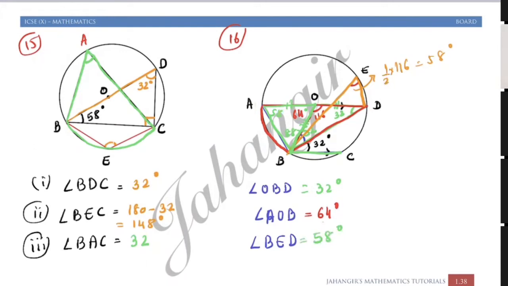This question was quite complicated because there are many lines. Sir, what about the angle sum property in triangle ABD? No, I am taking triangle AOB. In ADB you can take 90 and 32, then 58 will also come. That also you can take. There are many ways to do it. Because you have to say angle ABD is 90, angle inscribed in a semicircle, then angle sum property, then angle in the same segment. So better.